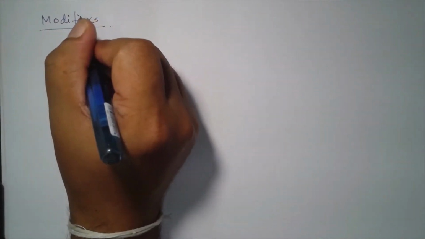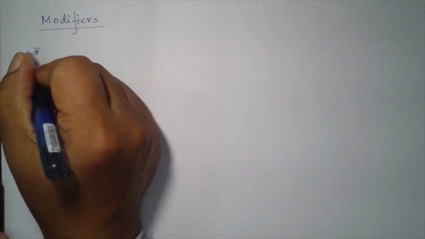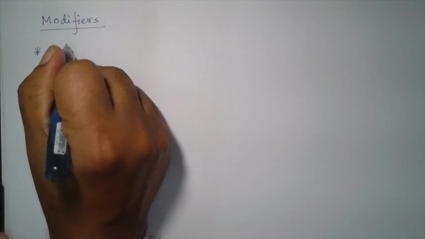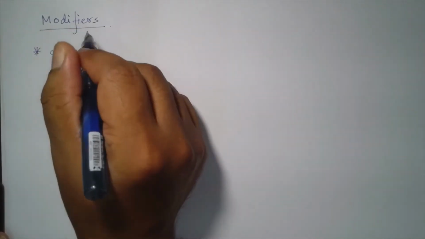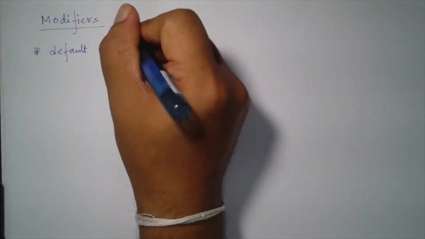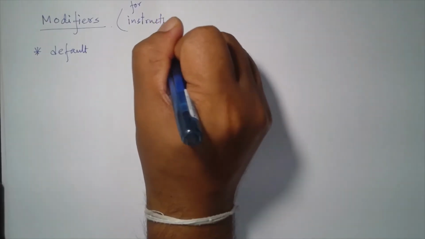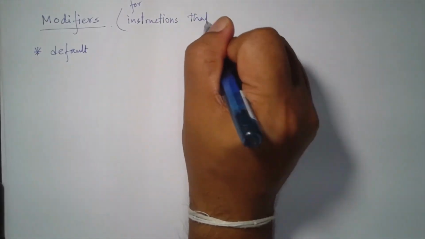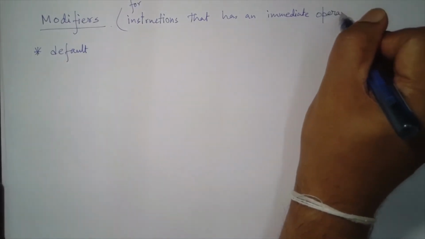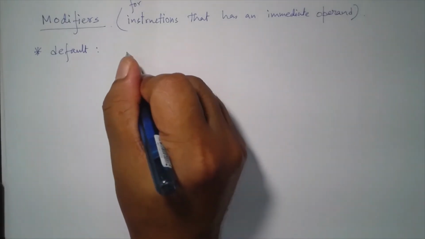So, I'll just give you the definitions first, and then we will maybe understand. So remember modifiers are there for instructions that have an immediate operand. Alright. So, the default modifier, let us say we write an instruction like